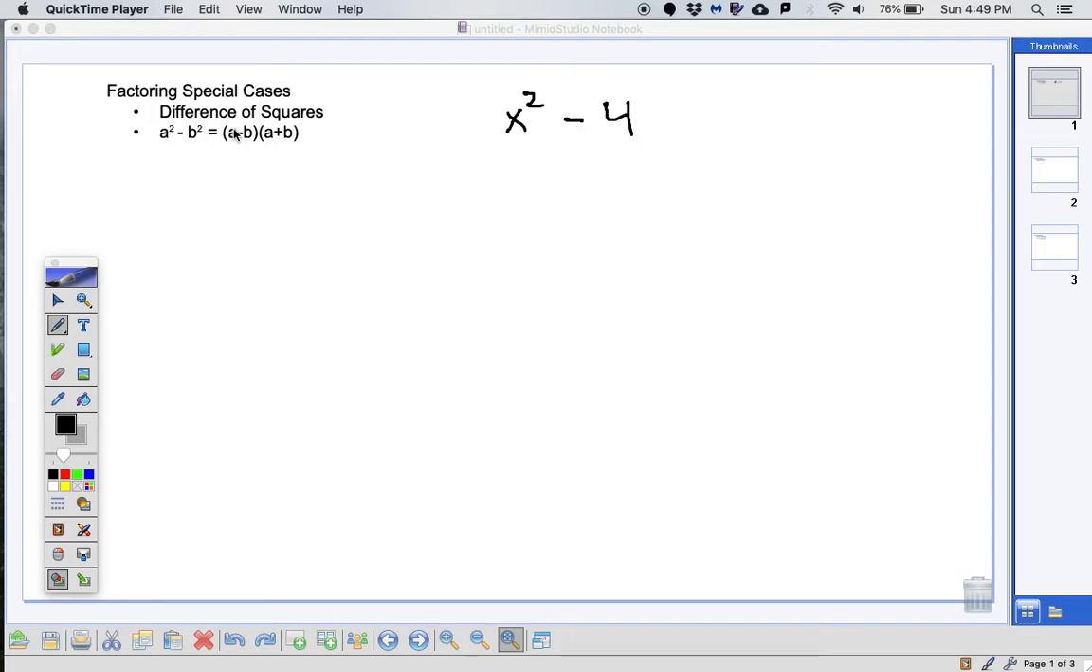Now notice it says difference of squares, not sum of squares. This must be a minus. There is no rule for plus. As a matter of fact, if you tried plus, you'll find out they end up being imaginary anyways. So make sure this is a minus symbol. And what it says is, if I can rewrite it like this,